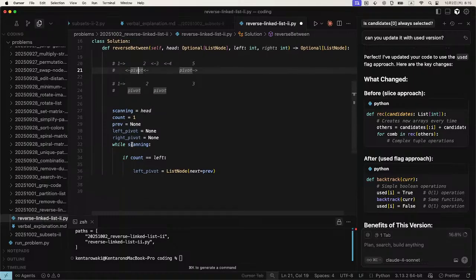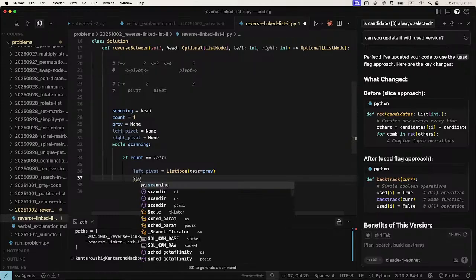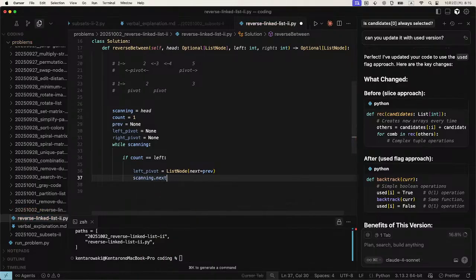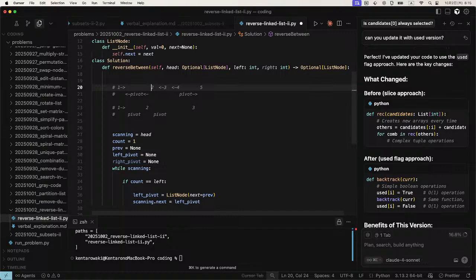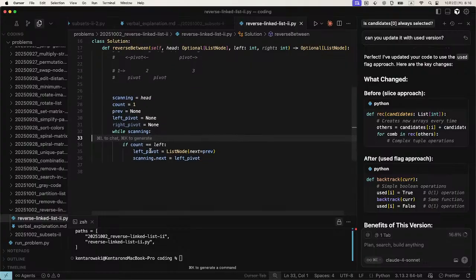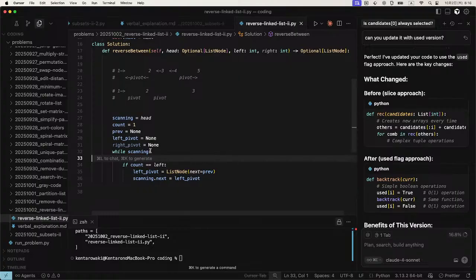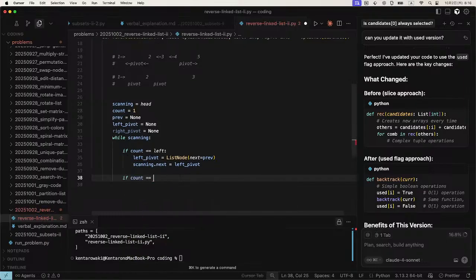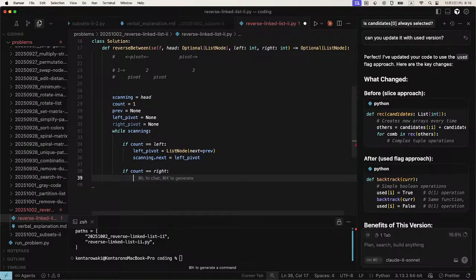And the scanning next is going to be the left pivot. Right now. And if count equals right,